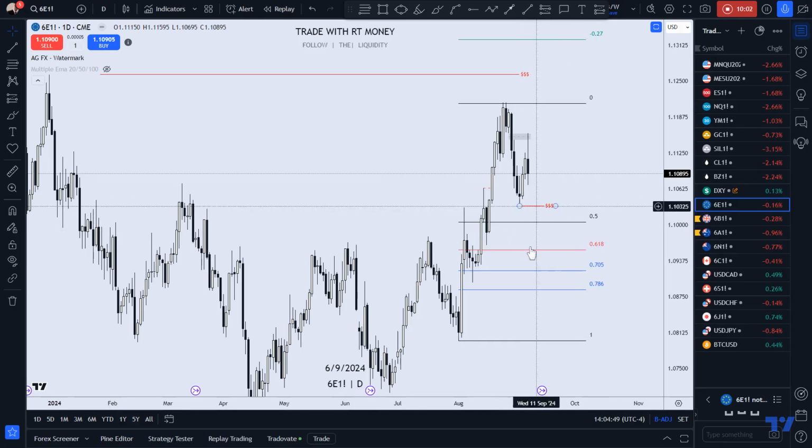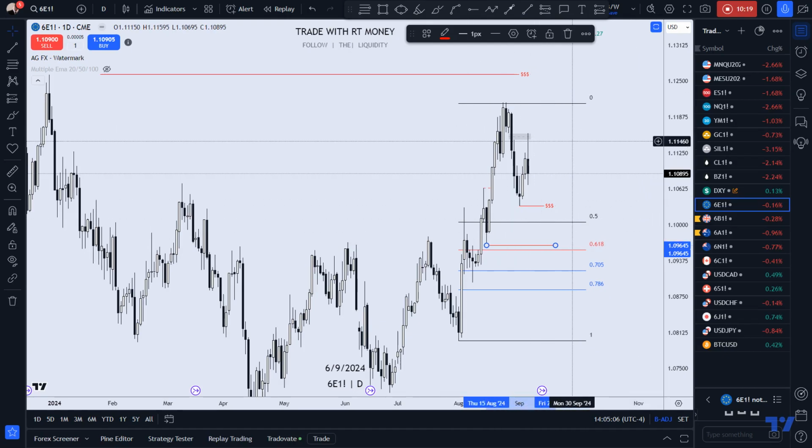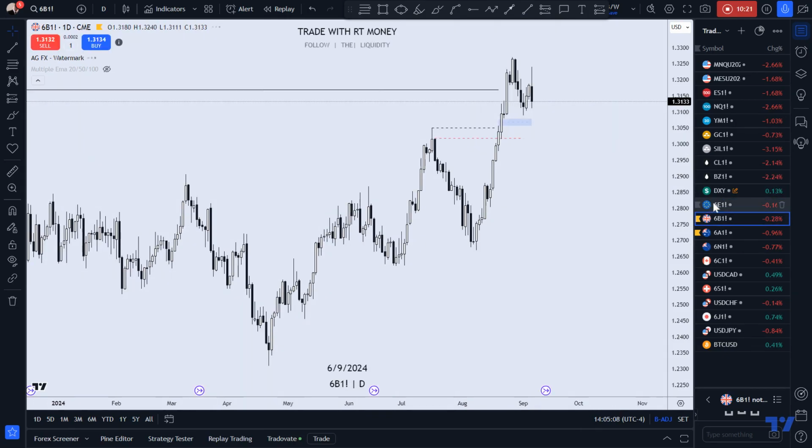I would prefer this scenario where price comes into the discount area and continues higher. But this is the immediate target first, then this low here. If we get down towards this low, that's where I'll be looking for a reversal. Okay. If we go to the British pound,